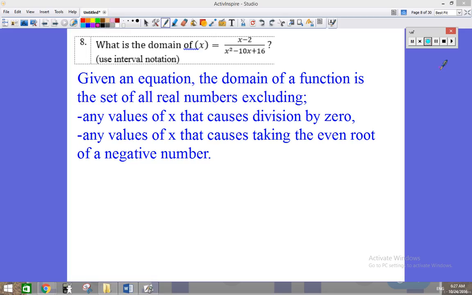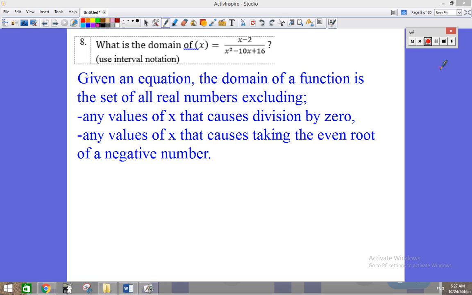Let's take a look at problem number 8. We're given an equation of a function. We always start out given an equation, thinking about it that same way each and every time. The domain is a set of all real numbers, excluding any values of x that cause division by 0, also excluding any values of x that cause us to take the even root, such as a square root of